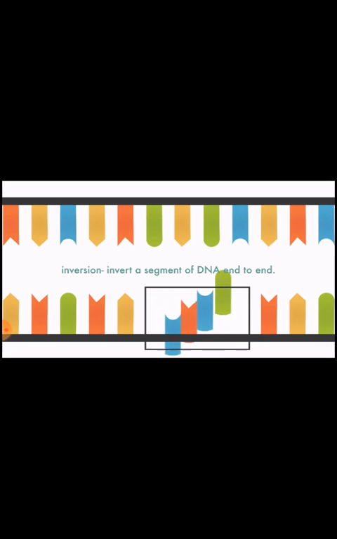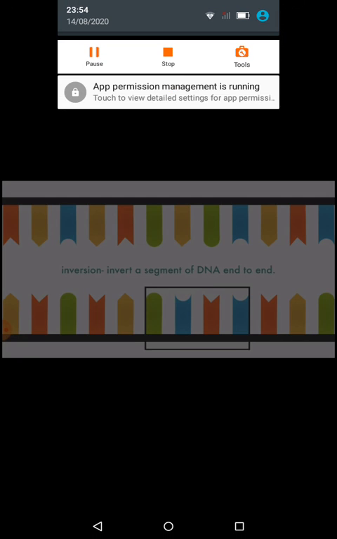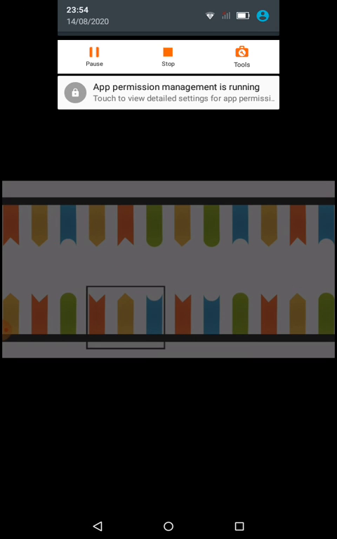Lastly, an inversion will invert a segment of DNA end to end. Watch this section closely. Each base has been moved around. Again, these mutations have the potential to be harmful, but not all mutations have an effect on protein. Remember, during translation, a start codon must first be read to begin coding the protein. If the mutation happens before or after the protein coding sequence, there will be no effect on the protein. Mutations must occur in the coding section of DNA to affect protein